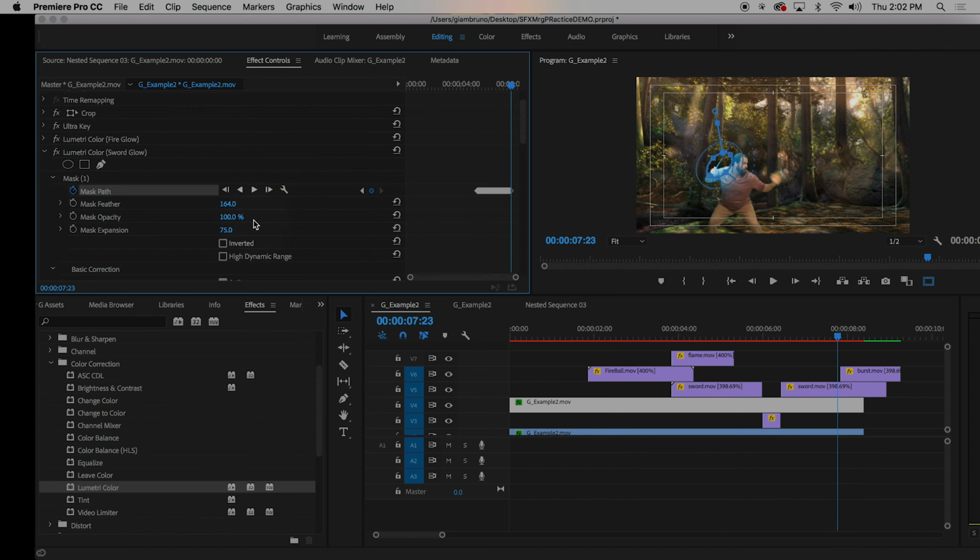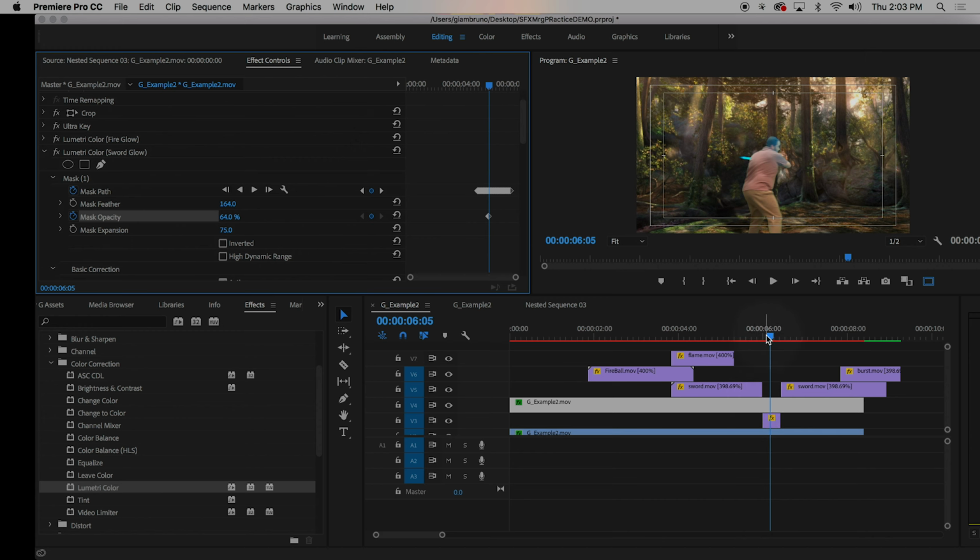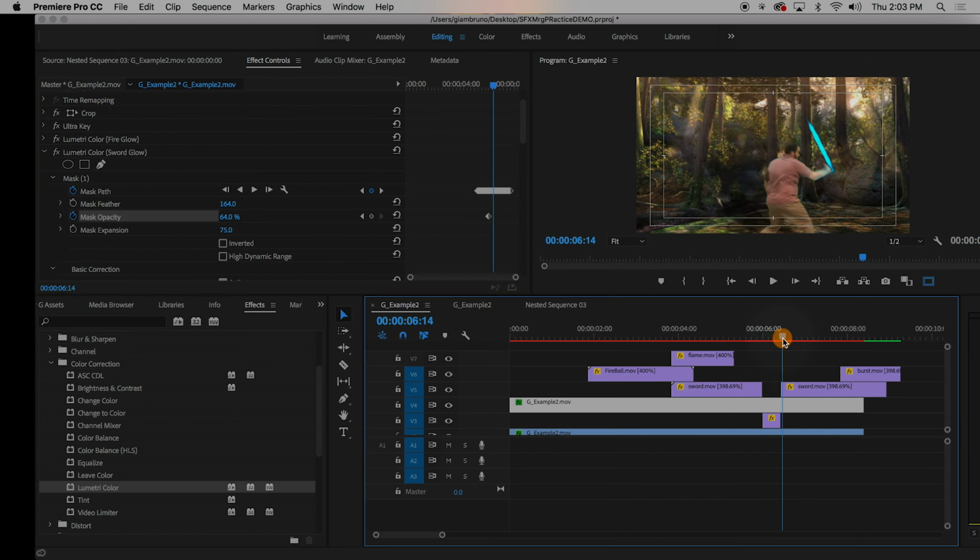The problem was I made it a little bit too bright, so I'm gonna go back to that. I'm gonna decrease the base opacity by about that. Was that 50%? Yeah, 60%. And then I'm gonna keyframe it at certain points where it's on the front of my body, not in the back. So go through here, it's behind me now. So I'm gonna make a keyframe for the opacity right about here. Key. And then while it's behind me,